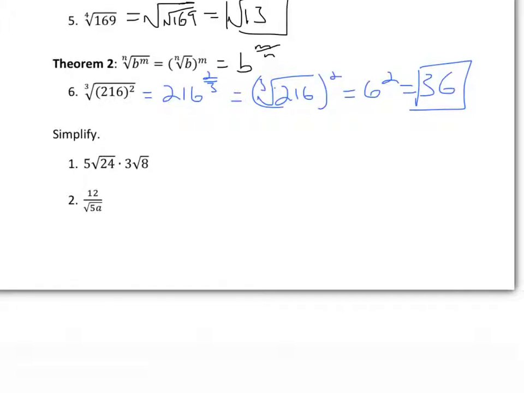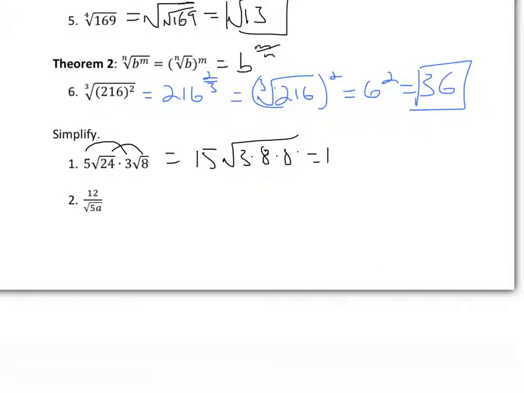The first thing I'm going to do is combine these on the outside and combine these on the inside. So we've got 5 times 3 is 15. And on the inside, we've got a root 24 and a root 8. Well, I want to get 2 8s in there, if possible. So I can rewrite root 24 as 3 times 8 and leave the 8 in there. Since there's 2 8s in here, that's like 8 squared, so the 8s can come out to the outside,